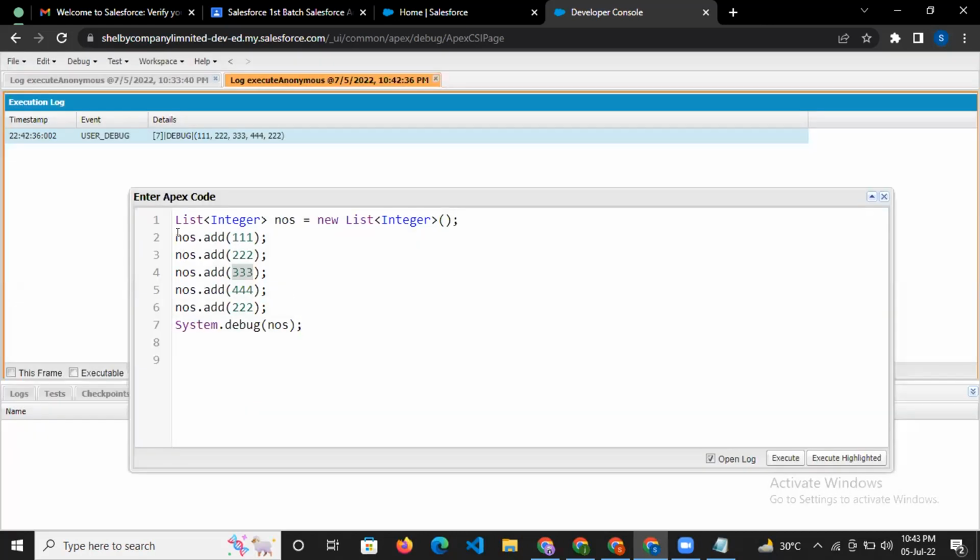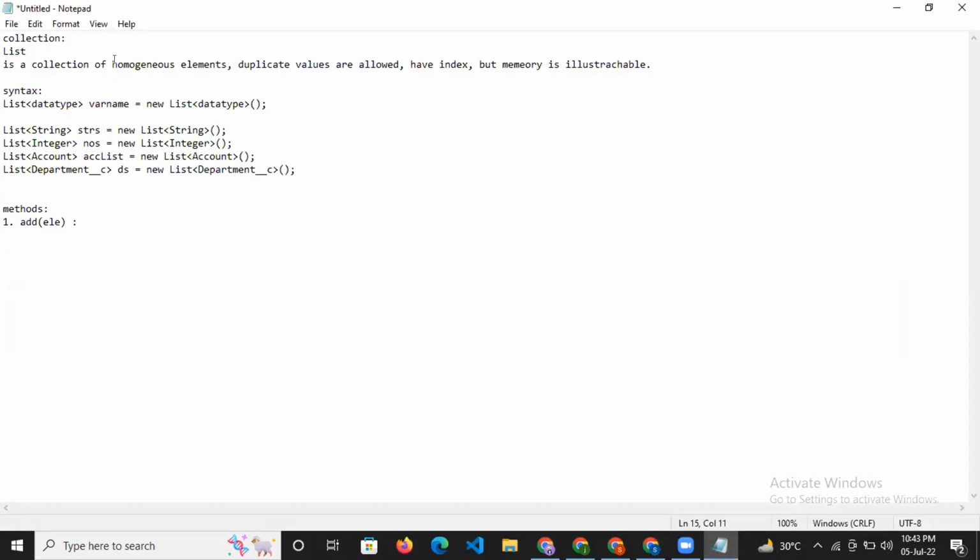See exactly the same order in which I am trying to insert the data. That means a list is a collection of homogeneous, similar elements, and duplicate values are allowed. Memory and index I am coming to later, but here the thing is data insertion